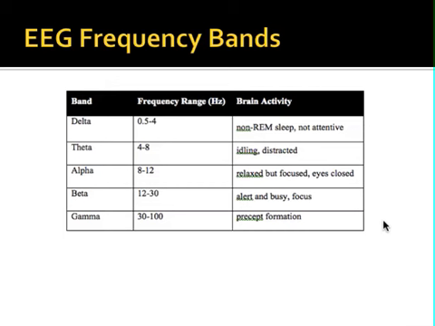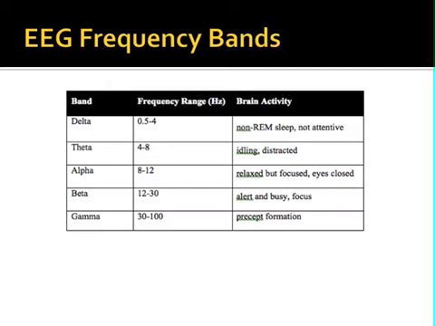Gamma's thought to have to do with higher order thought processes and emotion, and then the interplay between thought and emotion. There are some other things that people have postulated gamma waves do or present under certain conditions. So probably much more research to be done on gamma waves and how they show up in different disease states and different cognitive states. So those are the general